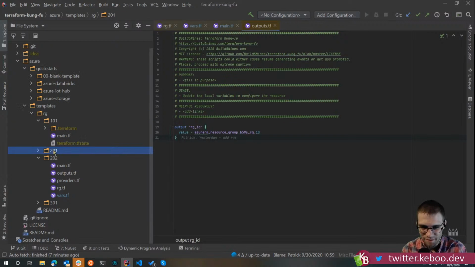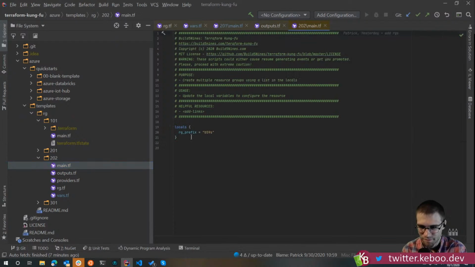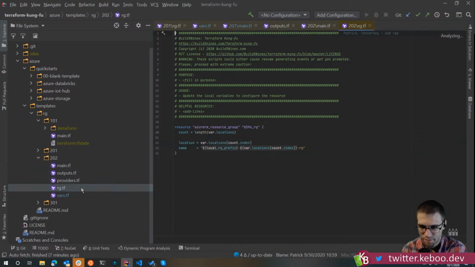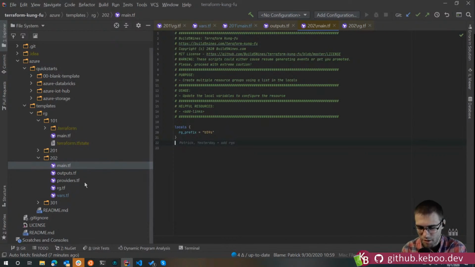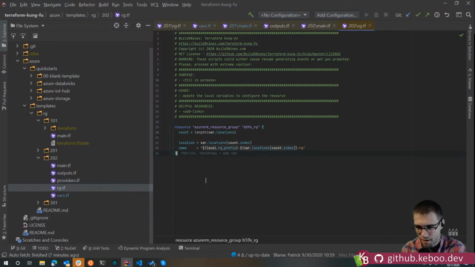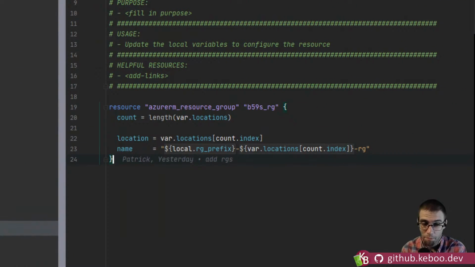So let's move on really quick over to 202. One thing that's different here with the 202 is I think we went multi-region now, right? We introduced the concept of a count, that line 20 there, because we went from I want to stand up one of these things to I want to stand up a bunch of these things.